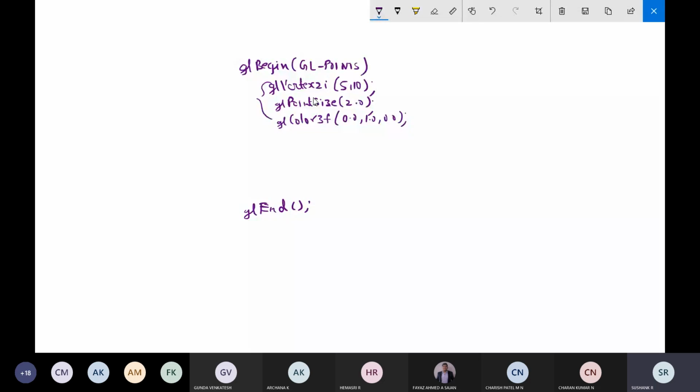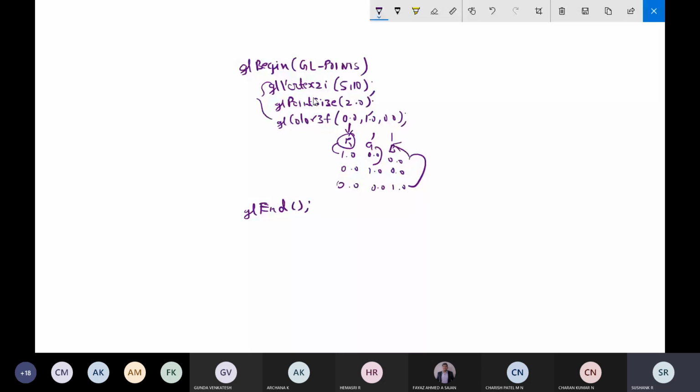As of now, I told you that in the color, the first component is red, the second is green, and the third component is blue. If you keep the first parameter as one and the others as zero, you will get red color. If you keep the first as zero, the second as one and the third as zero, you will get green color. If you keep the first two parameters 0, 0.0 and the last parameter as 1, you will get blue color. That is regarding the colors, or you can give other values also. It will be a combination of those components.